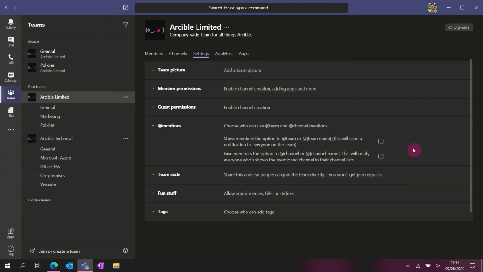So an app mention within Microsoft Teams is where you can mention someone's name or the name of another team or of a channel. And what will happen is when you do that, it will send a notification to all of the people that you've mentioned to let them know that you mentioned them